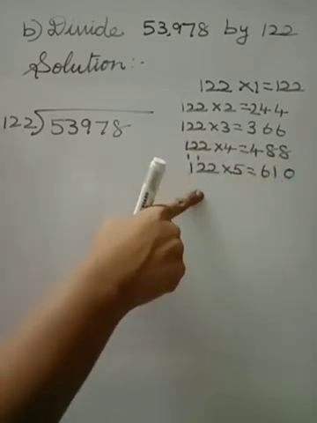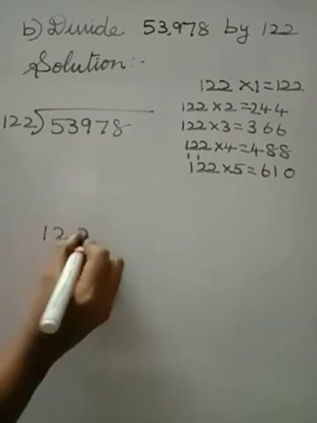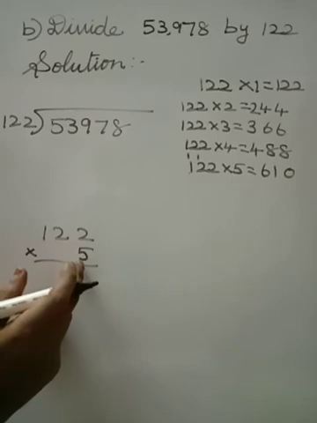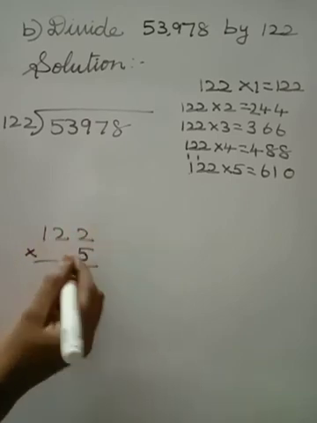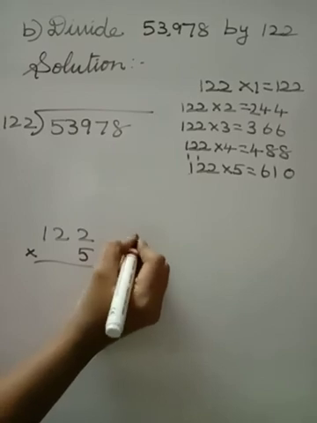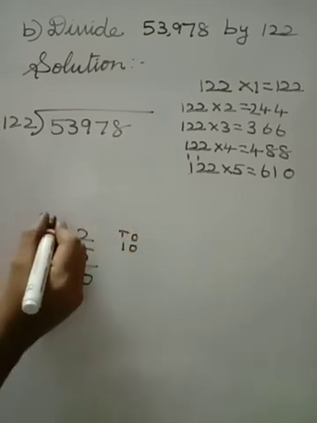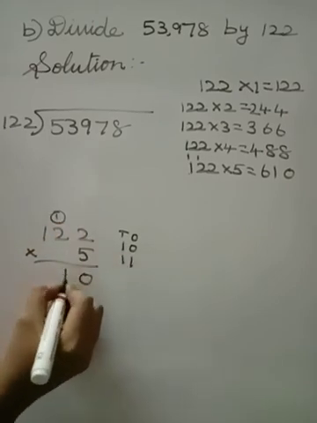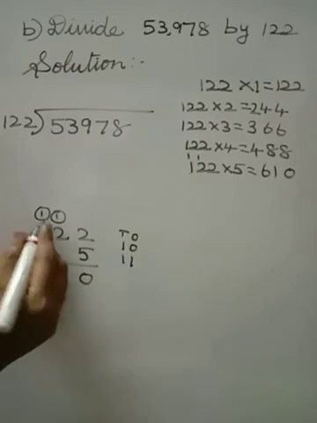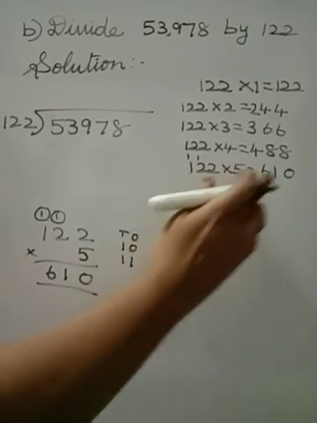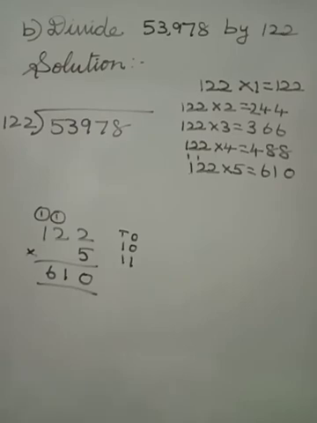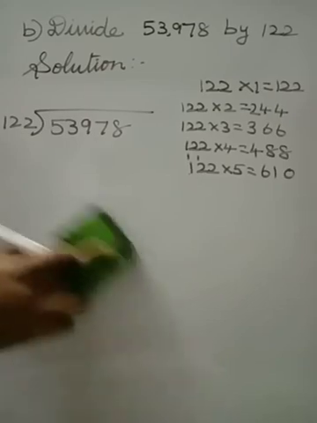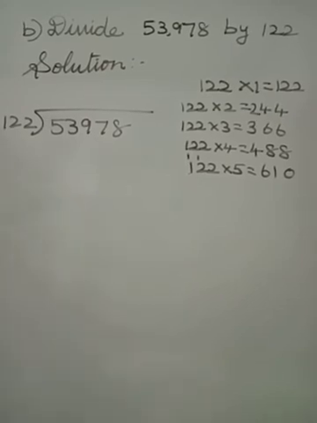If you feel it is difficult to multiply like this, you can multiply in the rough column, putting one number above and one number below and multiplying down. 5 2s are 10, so 10 means 0 in the ones place and 1 carried over to the tens place. 5 2s are 10 plus 1 is 11, so 1 1. 5 1s are 5 plus 1 is 6. So the answer is 610, the same number I got here. Whichever method you feel is easy and without mistakes, use that method. Okay ma.